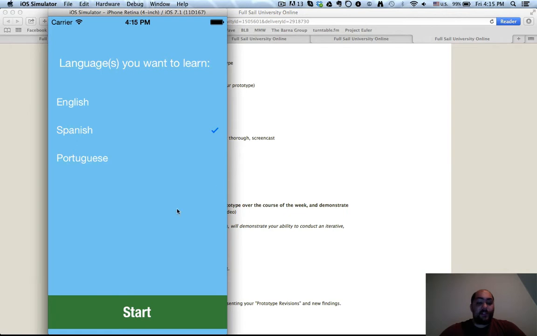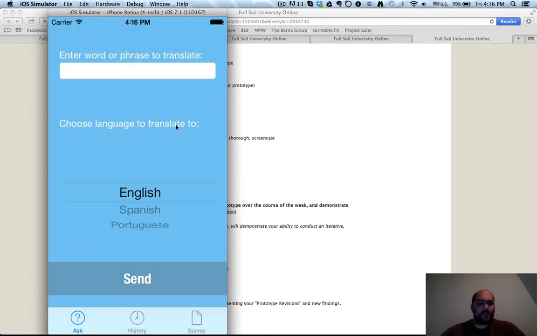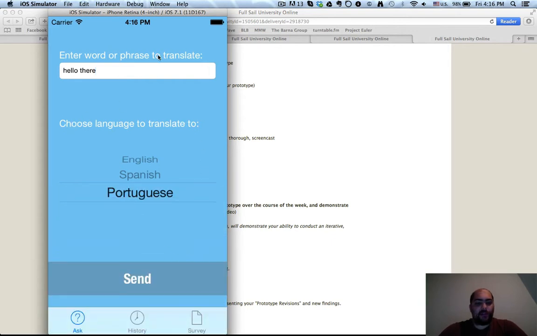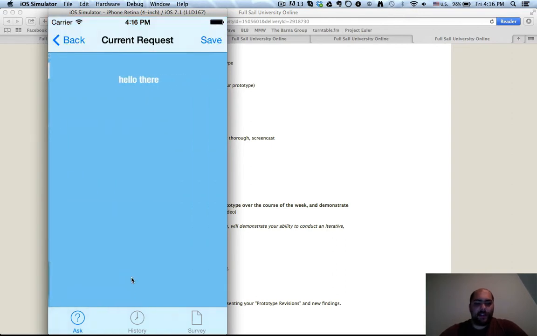I made the interface a little cleaner, just so stuff wasn't in the way that much. And I also added this "choose language to translate to." Last week I got some feedback that it was confusing as to what this was for down here. So in a word or phrase to translate, we'll just say hello there. And I did change the color of this done button just so it popped out a little bit more. You can also tap the background or hit the done button. But then they can choose this, hit send, and